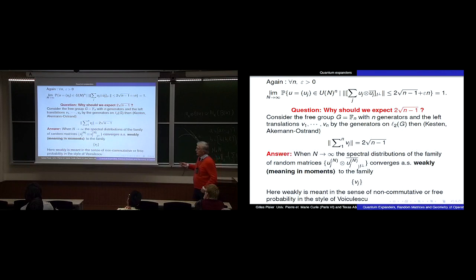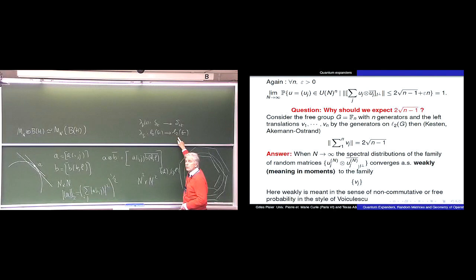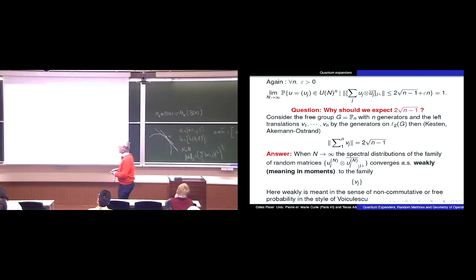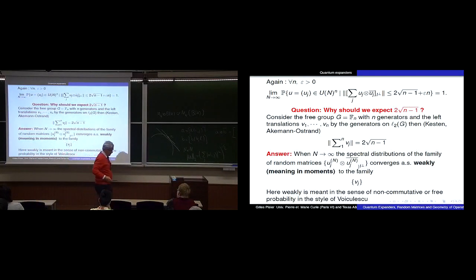Later, Akemann and Ostrand generalized this. In any case, if you look at the free group on n generators, and you look at the left regular representation of the free group, and now you look at the free generators of the group, this gives you unitary operators on an infinite dimensional space, and I call them V1, ..., Vn. So these are the translations by the free generators on L2 of the free group. The classical fact is that the norm is equal to that, and the connection to this result is actually